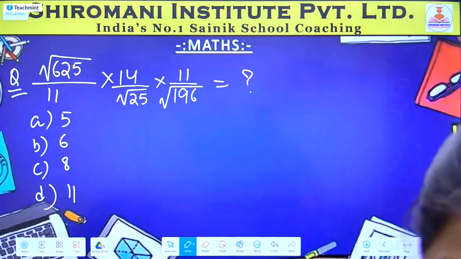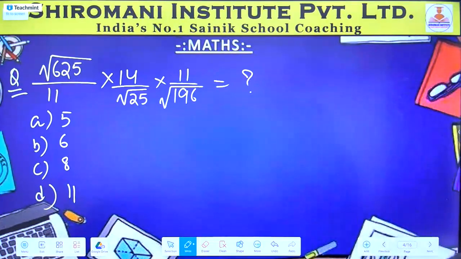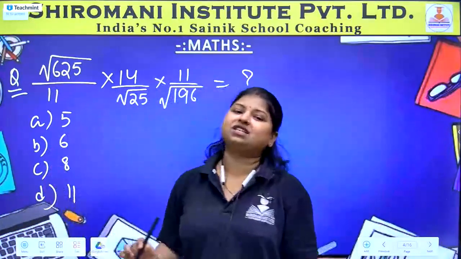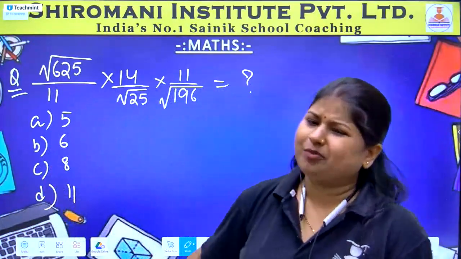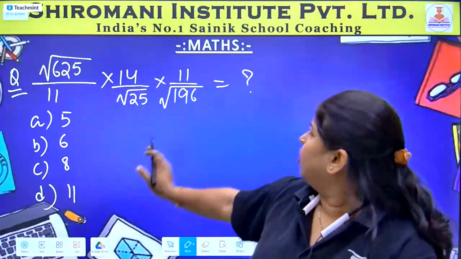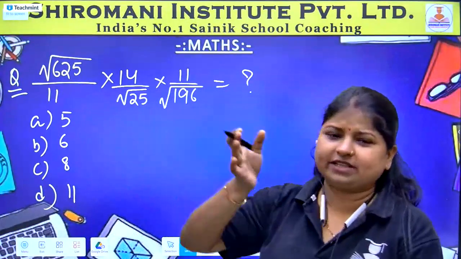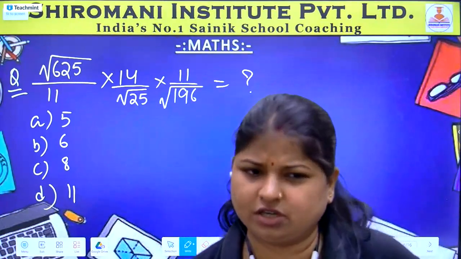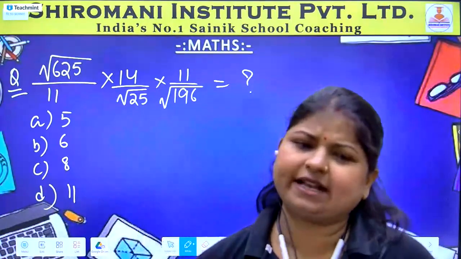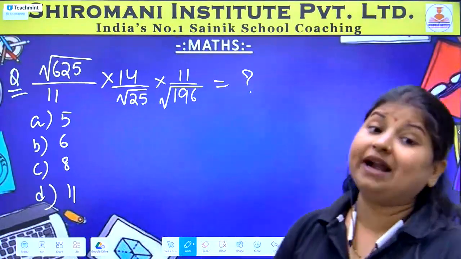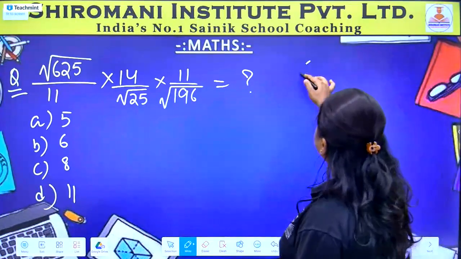Okay, let's see how we will do it. See, square root of 625 I have to calculate, because this 25 I know it is the square root of 5. 196 also I know it is the square root of 14, right? Because up to 20 I asked you to learn, right? So 196, 14. 625 is also easy. It is the square of 25. But if you don't know how to calculate it,